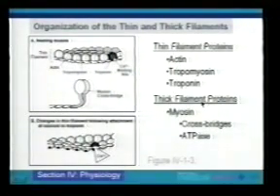Now, going to the thick filaments, there's just a few points I want to mention here. The main protein and the structural protein of the thick filament is myosin. More importantly, the thick filament contains the cross bridges. You should realize the cross bridges are an integral part of the structure of the thick filament. But the most important point is these cross bridges on the thick filament will have